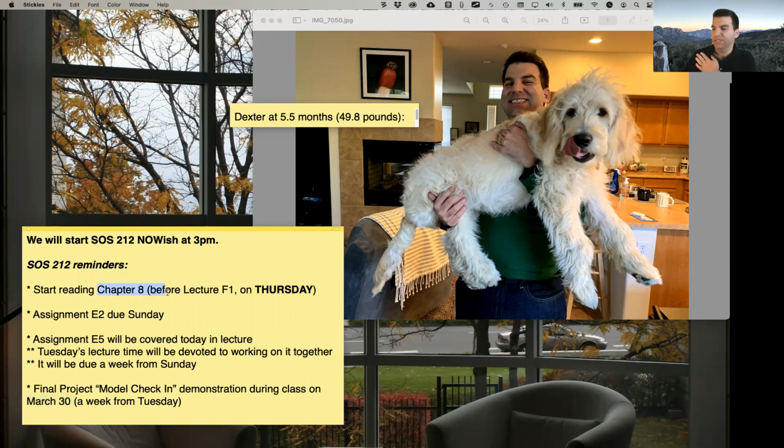So just start reading the chapter, finish this assignment. If you'd like, start this assignment, but it'll be due a week from Sunday. And then with your groups, you can start thinking about what this basic stock and flow model is going to look like. And I guess I could add in here, since I extended it a little bit,